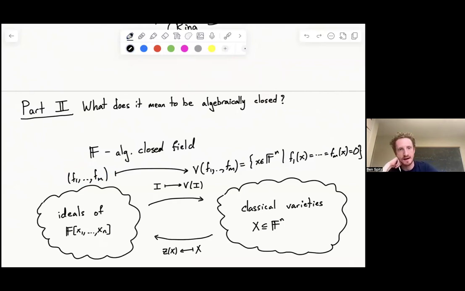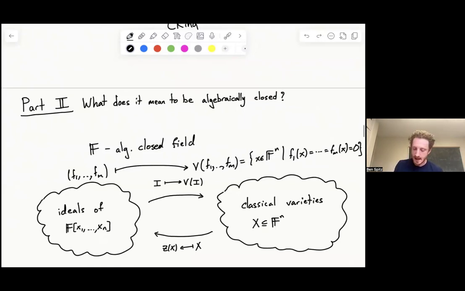Okay. So we have this correspondence from classical algebraic geometry. We take ideals and we produce varieties, and this variety is literally just a subset of F^n. And the whole key point is that there actually is a bijective correspondence between algebraic varieties, subsets of F^n with the property that they are equal to the zero loci of certain polynomials, and ideals inside the polynomial ring, maybe more precisely radical ideals, but close enough. There's this nice precise bijective correspondence. And this only really works over algebraically closed fields.